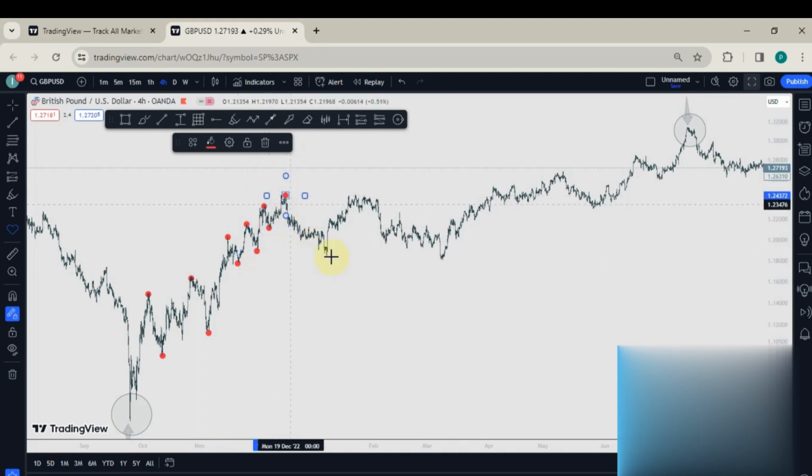There's my higher high. There's my lower low. And there's my higher high, and there's my lower low. So I'm going to mark them off, and when I'm done, I'm going to show you